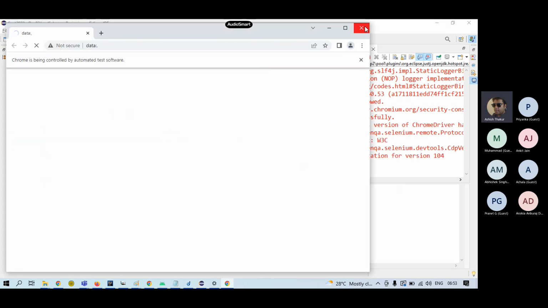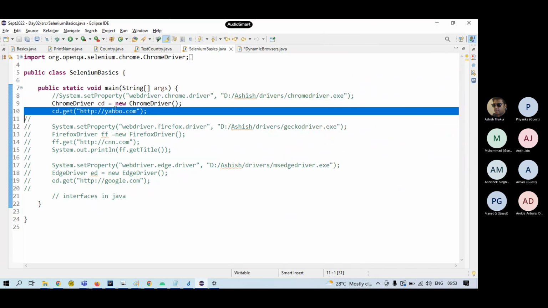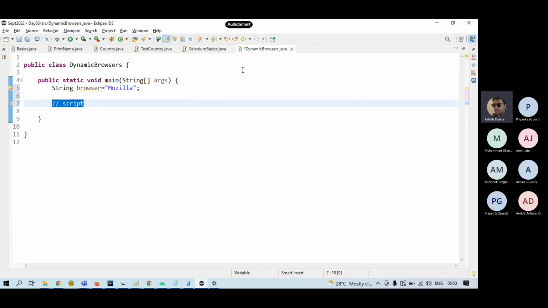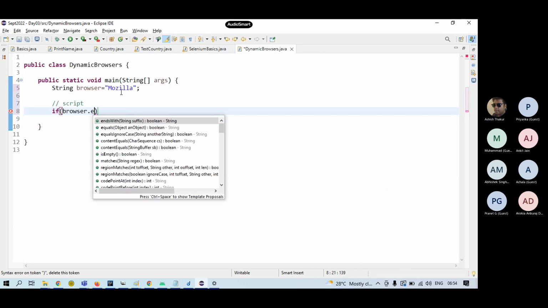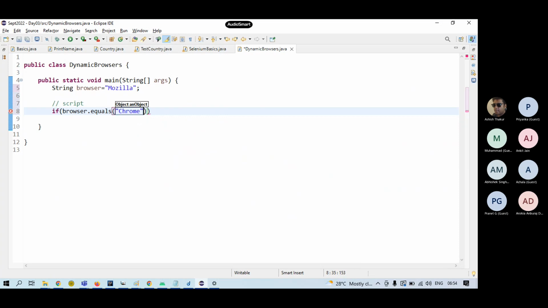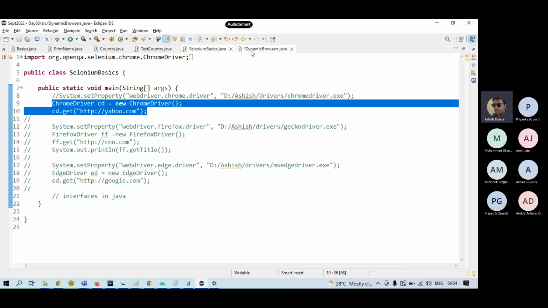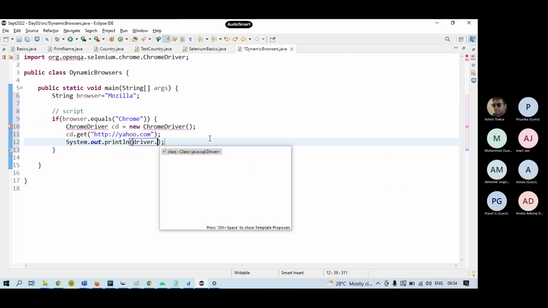And you see that my Chrome works properly. Okay. And you get this command. Okay, you are able to launch Chrome. Right. So in case of this script over here, which I was talking about, you can put an if statement that if browser is equal to Chrome, then you can launch your Chrome driver, go to yahoo.com and print the title of,